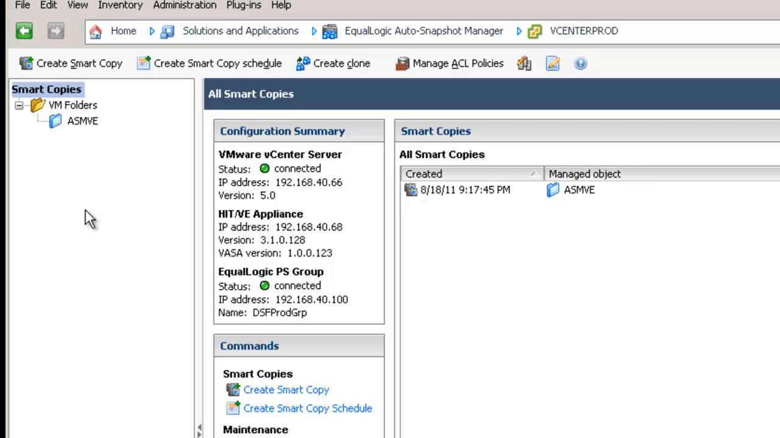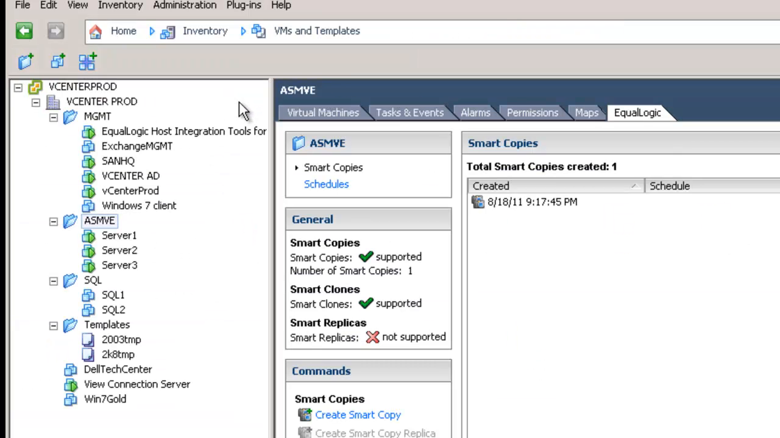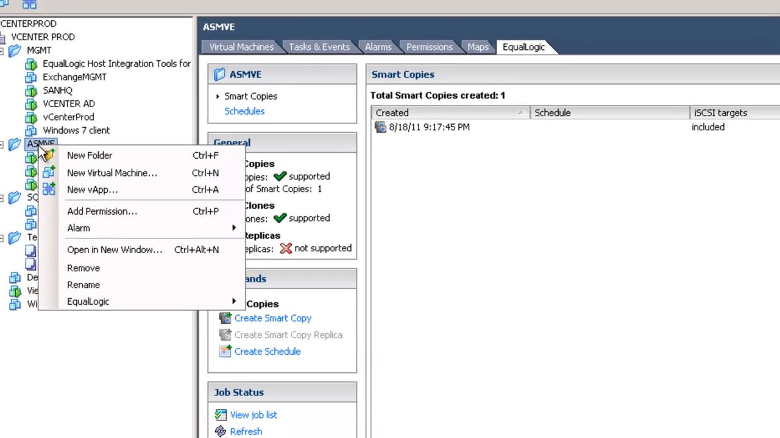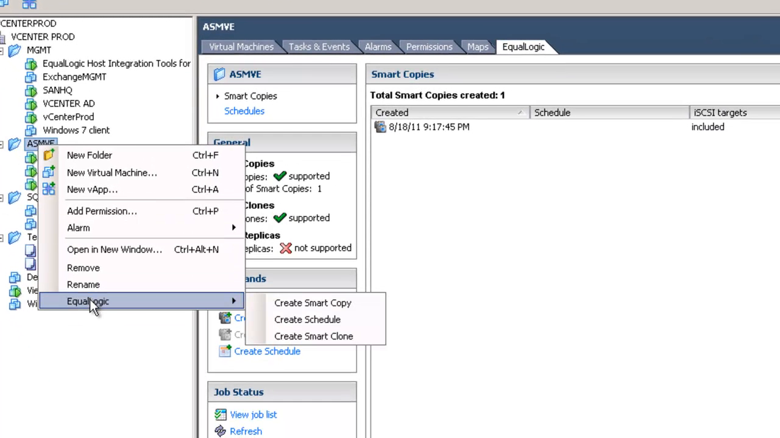Now we can create a smart copy a few different ways. We can click up here on the button where it says Create Smart Copy, or from within our VMs and Templates view, we can actually right-click on any of these folders or virtual machines and go down to the EqualLogic tab, and here we have the option to create a smart copy, create a schedule, or create a clone. So a smart copy is going to be that hypervisor consistent snapshot of all of the objects within that folder. Creating a schedule is going to let us obviously create a schedule for that smart copy process,